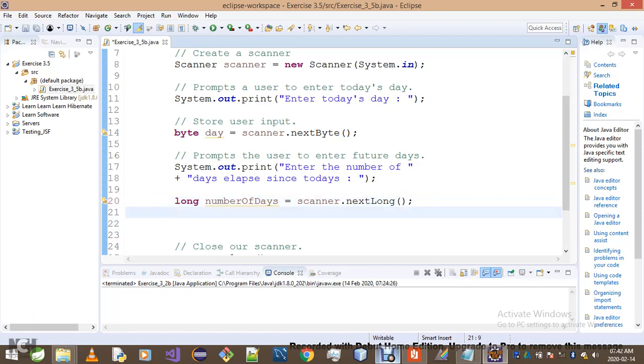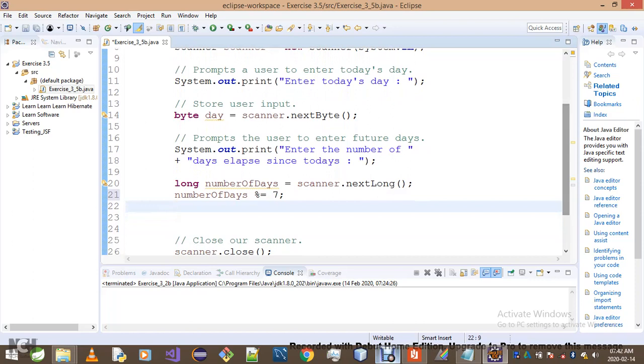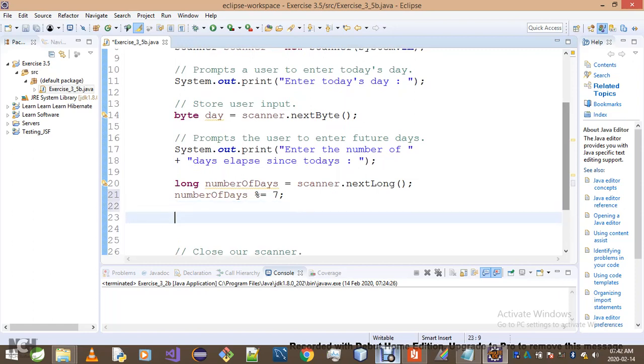What I suggest we do is this: number of days. I'm basically making sure that number of days entered by the user is a number between 0 and 6. Okay, once I do that,